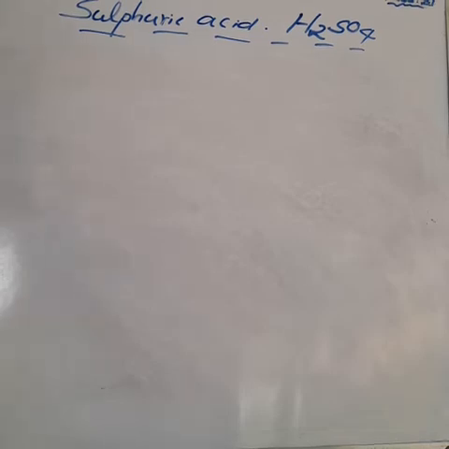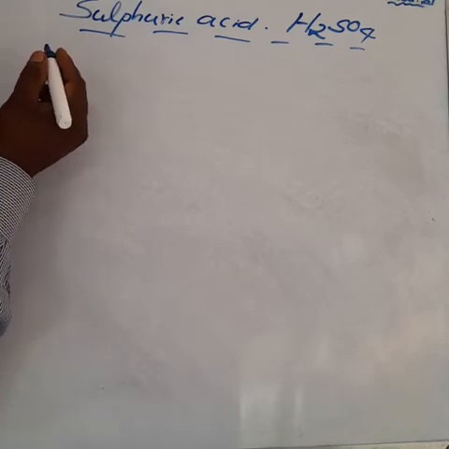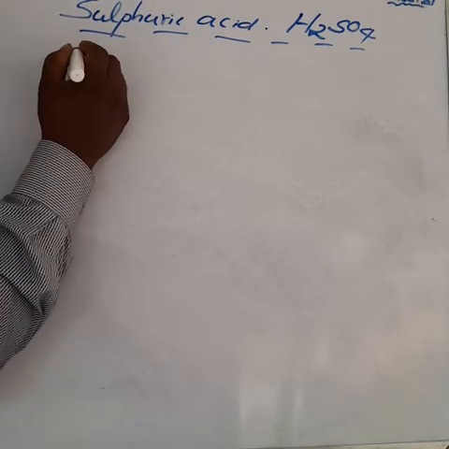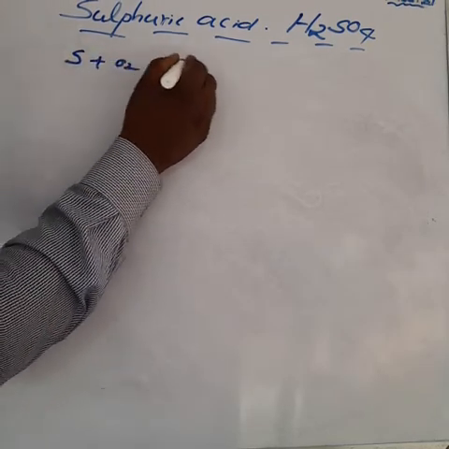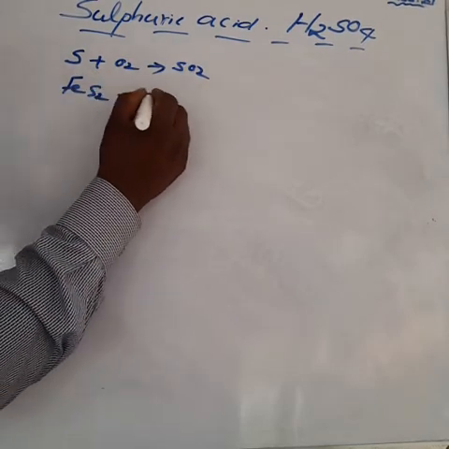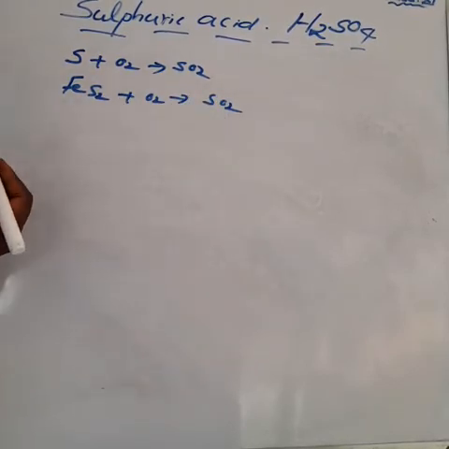So how is sulfuric acid prepared? Already we learned about that. Sulfuric acid can be manufactured by lead chamber process, cascade process, and the contact process. First one is the manufacture of sulfuric acid by contact process. Sulfur combines with oxygen, we get sulfur dioxide. Otherwise, iron pyrites with oxygen or air, we get sulfur dioxide. Am I right? So some reactions we learned.